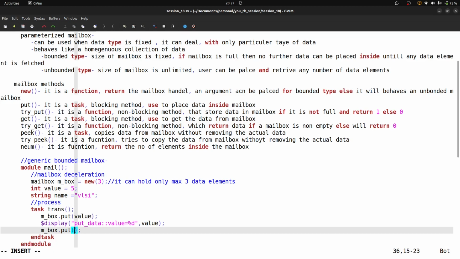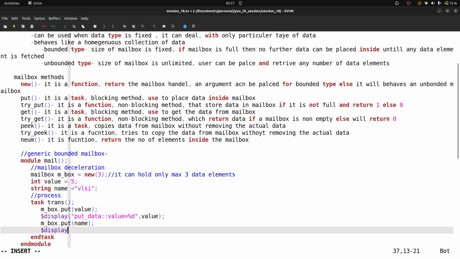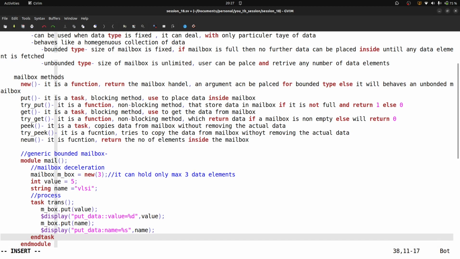So here I am going to put name, right? $display, here I can write again put data, and let's say name is equal to %s, here name, right? So we have done with one process, that is trans, that is responsible for transmitting the elements, and the